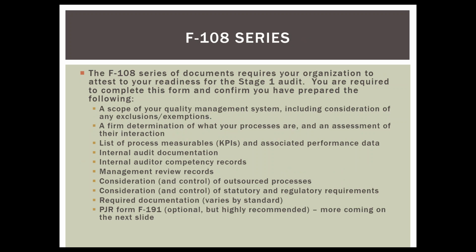Now, the F108 series of documents, they read like a checklist, and you're going to go through this checklist and say that you've got all of the things that you are required to have for a successful stage 1 audit. So here's a fairly complete list of what you're going to see. It's going to ask you to confirm that you've defined your scope, that you've defined what is the makeup of your quality management system, what are the exemptions that you've claimed, that you've determined what your processes are, and that you know how they interface with each other, that you have determined your process measures and that you have the